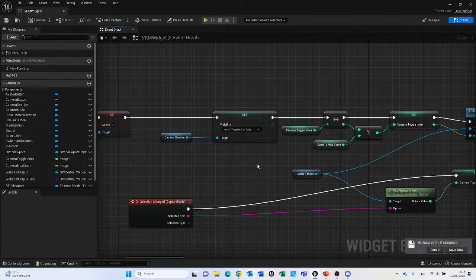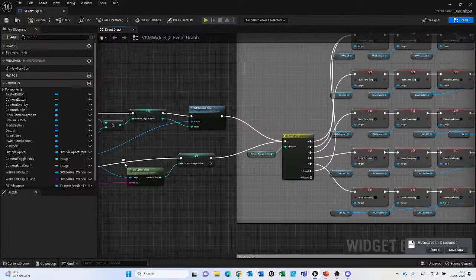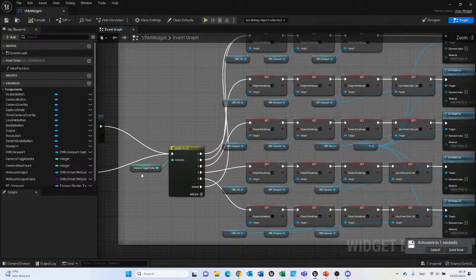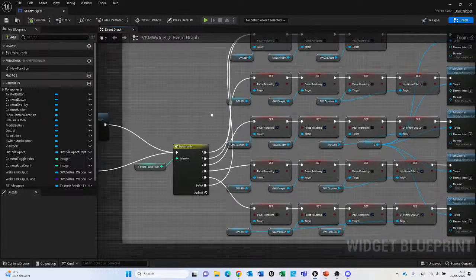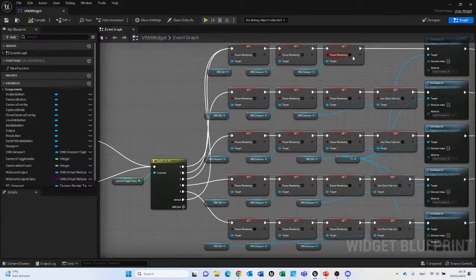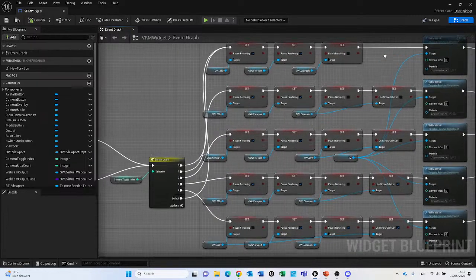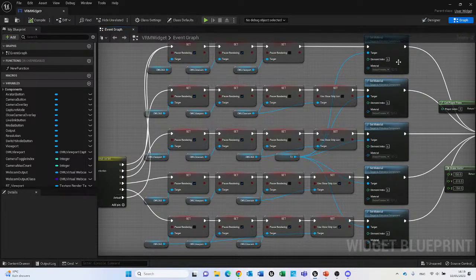So if we scroll to the right a bit. Yeah, so this is the toggle index that will create different switches to the options on integer. And so we've created